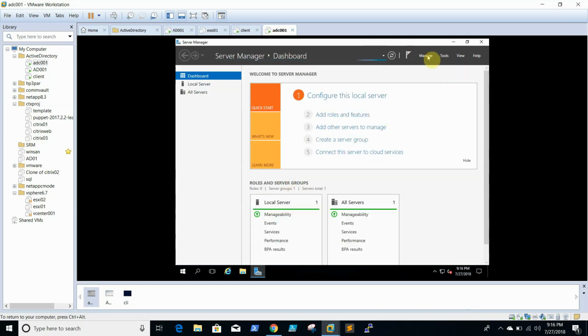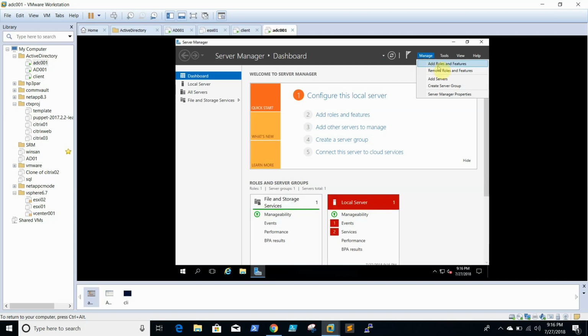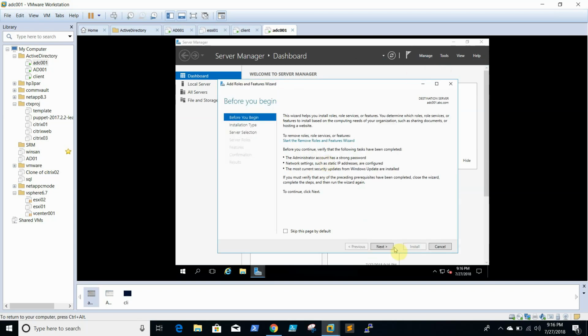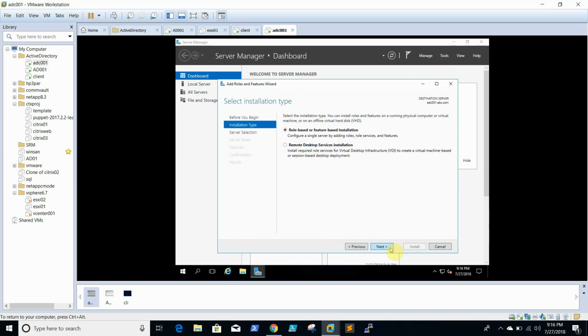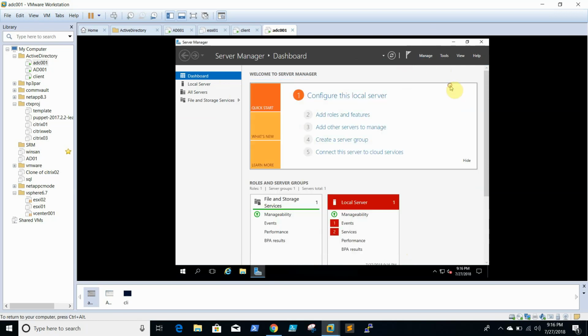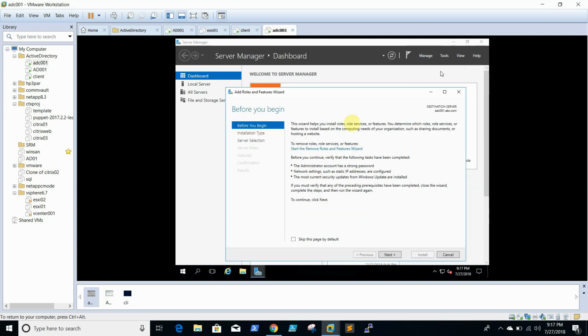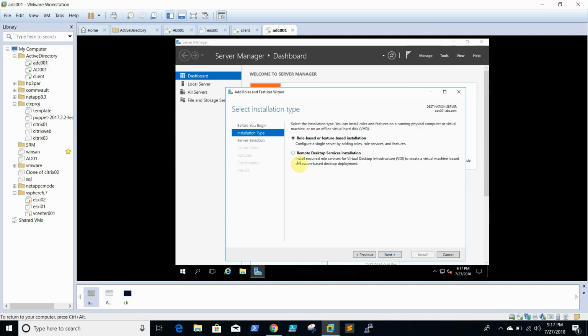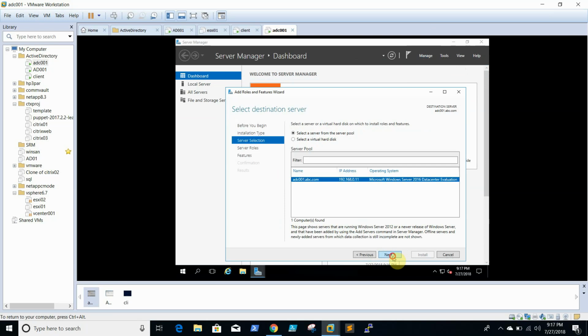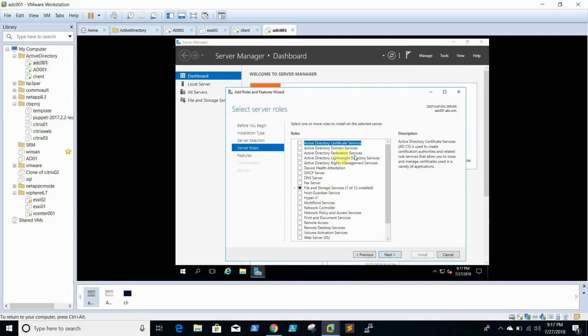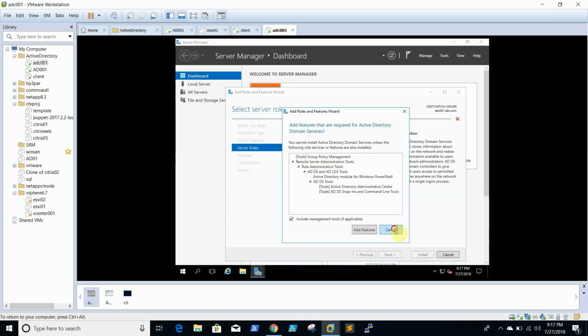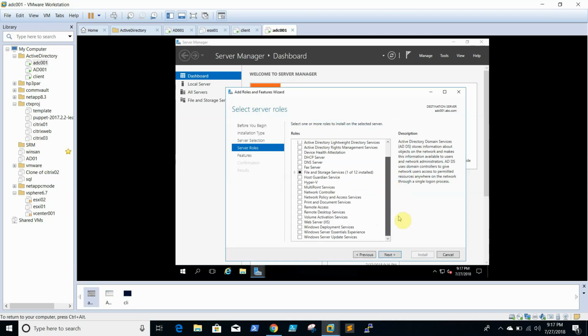For that, we need to configure domain services using add roles and features. So we will be selecting domain services. Before that,